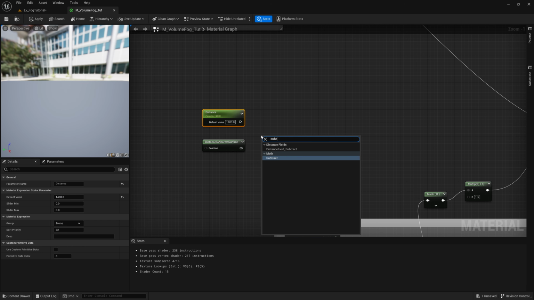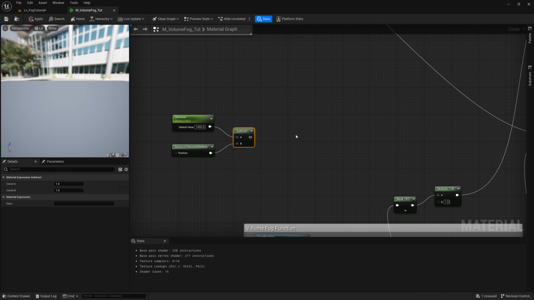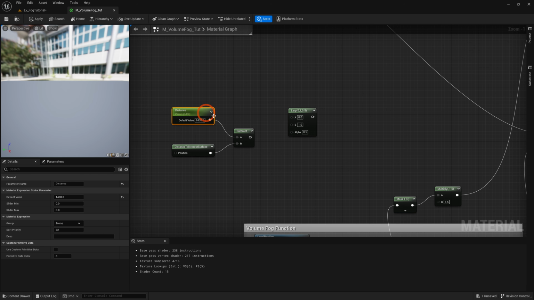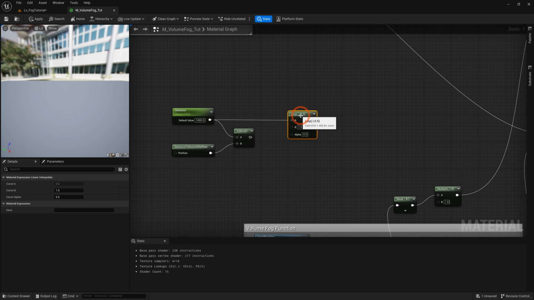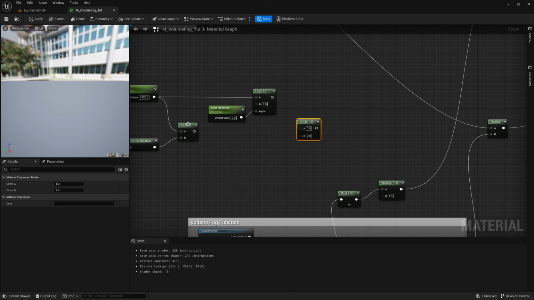And let's get a subtract node. So this will control how far the fog extends out from the surface of the static mesh. Press L and left click for a lerp and connect the distance to the A and let's get another scalar parameter and call this edge hardness and plug that into the alpha. Press D and left click for a divide node and connect the result of the subtract to the A,